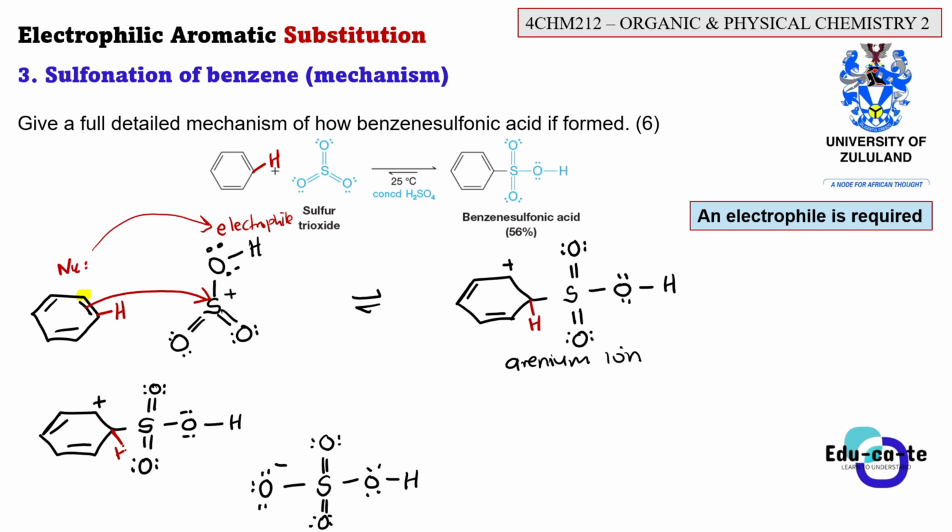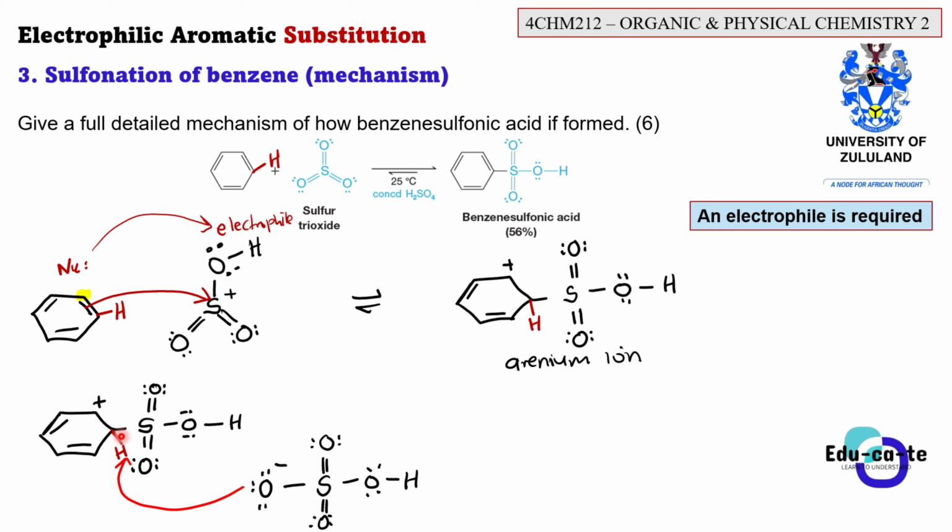All right, so what will happen? This oxygen that is slightly basic will use one of its lone pairs of electrons to abstract that hydrogen. It will take away the proton. And remember, you can see that this H is already bonded to this carbon. So what will happen to the bond between them? The bond between them will break.